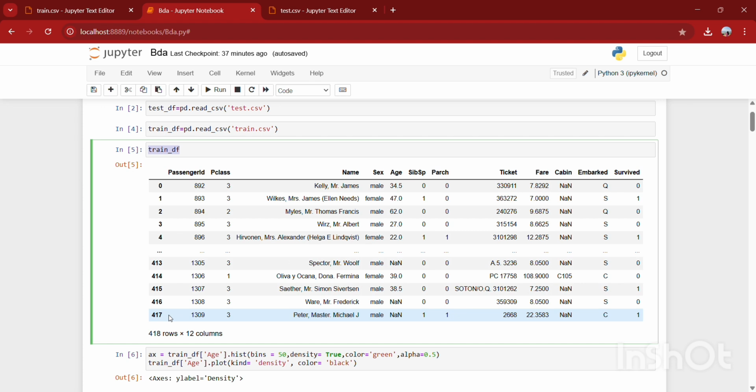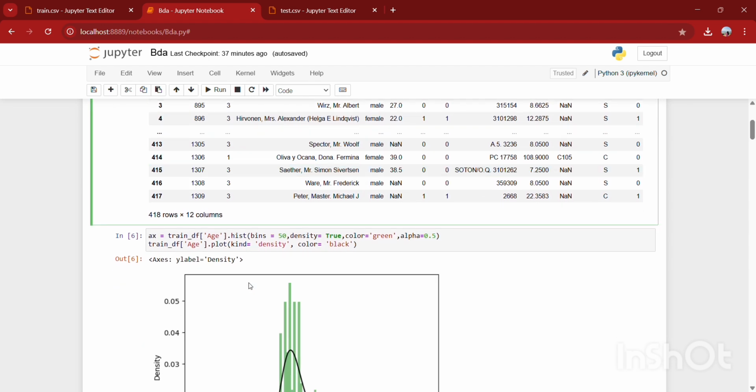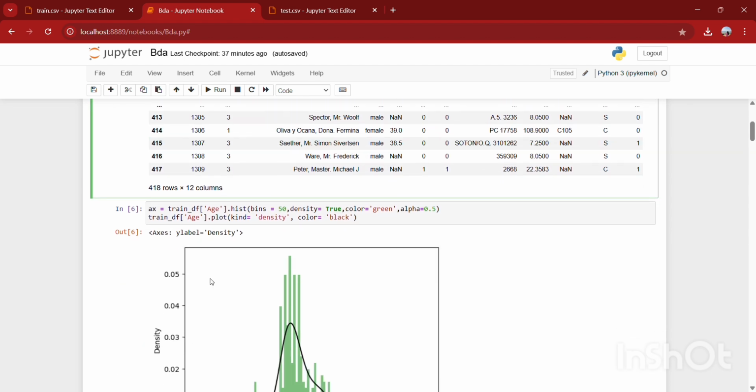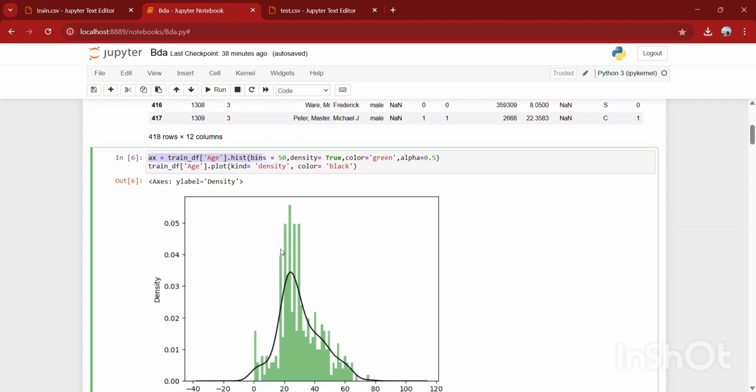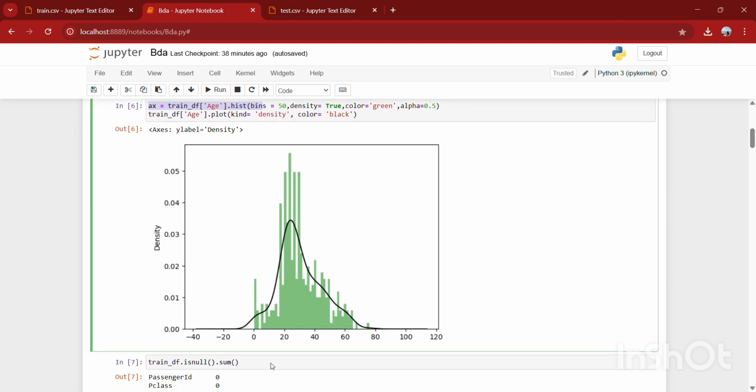So we are loading here the training and test data using pd.read_csv. Our focus here is on the training set. Next, exploring age distribution. Here we have used the code ax equals train_df age hist. In this code, we are plotting a histogram and a density curve of the age column to understand its distribution. The green histogram shows how ages are spread, while the black curve gives us a smooth estimate of